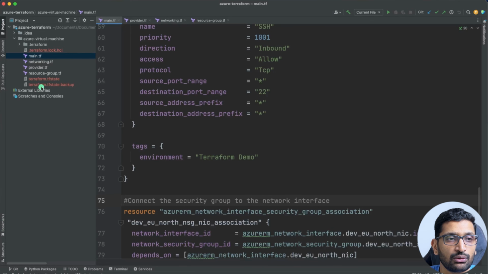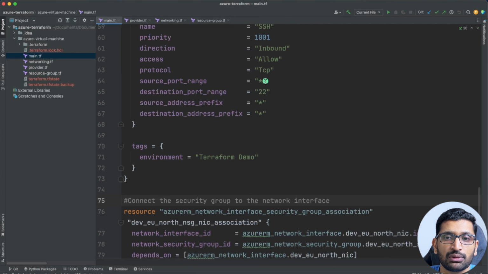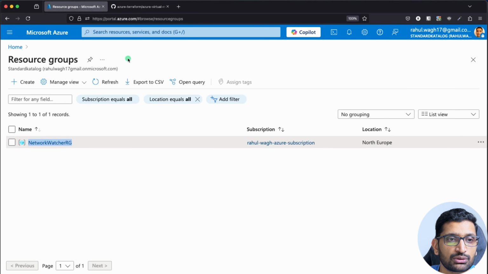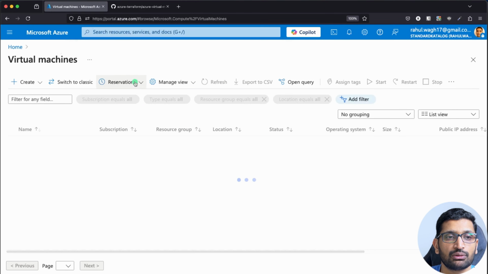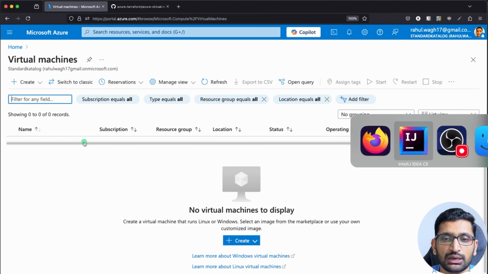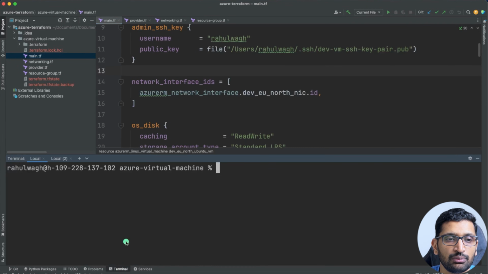If you take a look at our code, our resource group name is dev-eu-north-rg, and the virtual machine name is dev-eu-north-ubuntu-2004 virtual machine. If you take a look over here, you will not find this virtual machine. There's nothing, no virtual machine has been provisioned. So let's go to our Terraform code, go to our terminal, and here